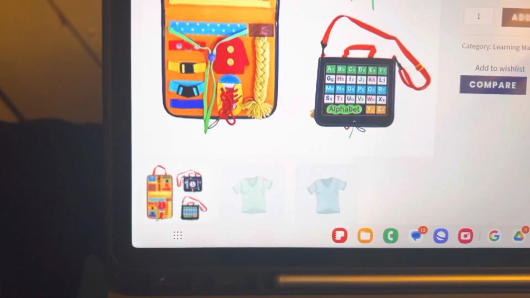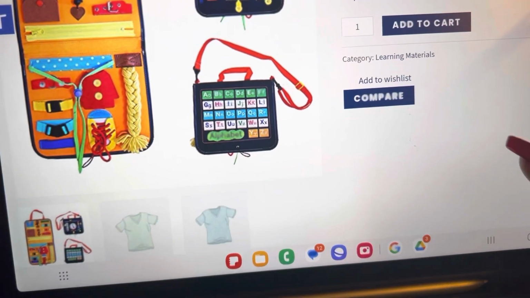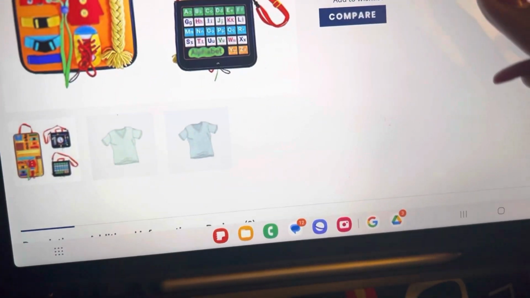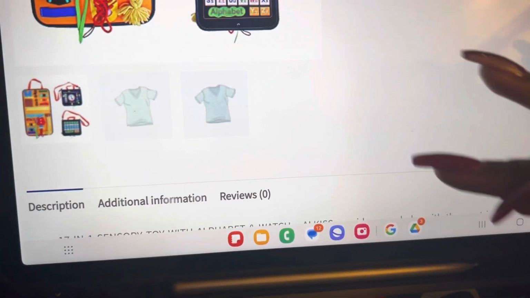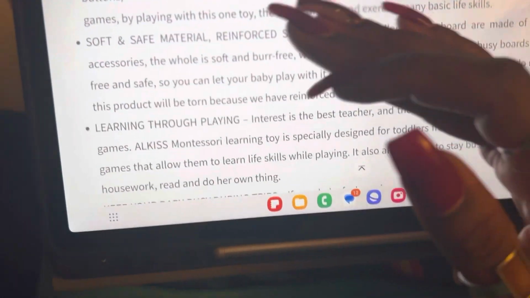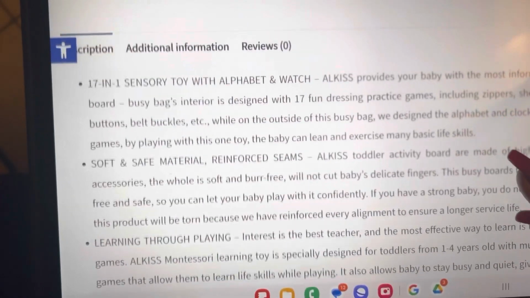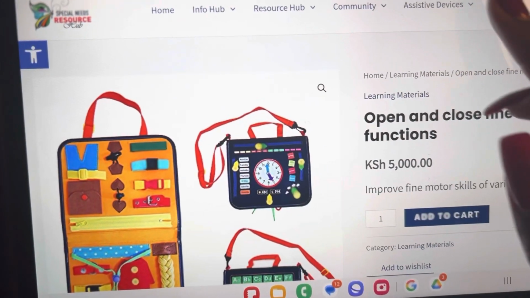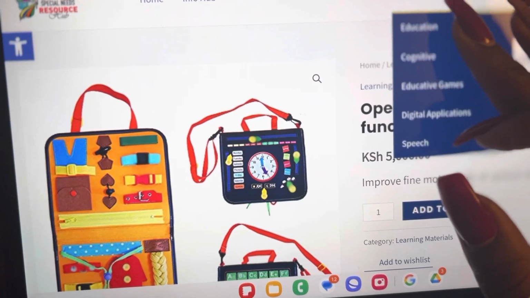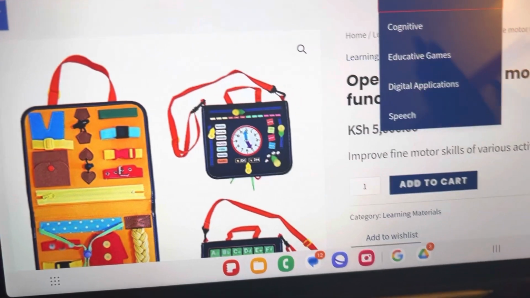So if you click on the learning material, like this one teaches about activities of daily living, how to dress up. So we've highlighted what it does, which is fine motor skills and various activities of dressing. So you can just select if you want 1, 2, and close it. But then also we've given you a description of the same, what it's made of, etc. So let's go back. That is under our shop. So education, that was under the shop. So under education,